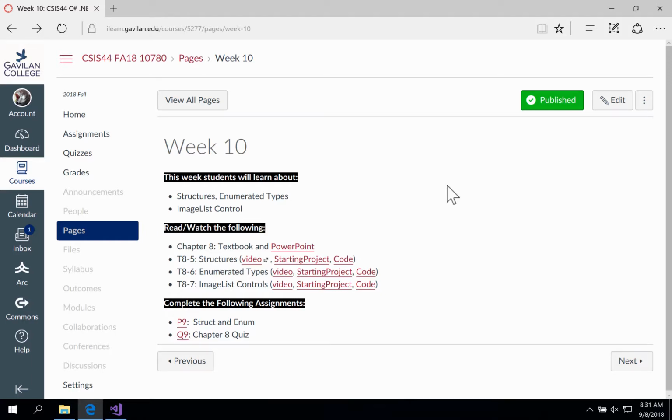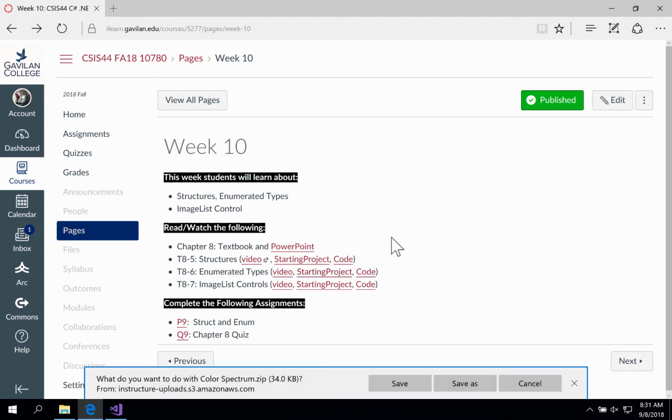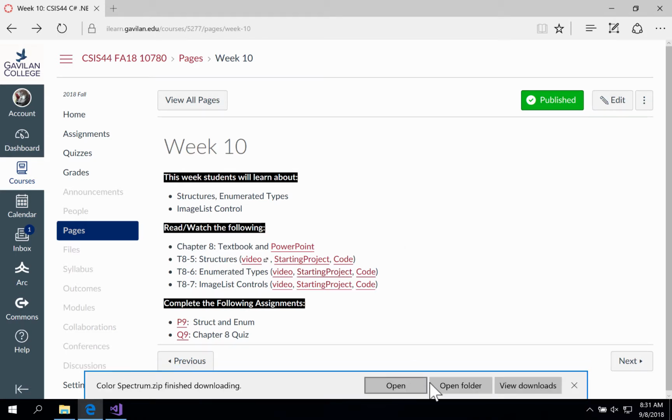This video will show you how to complete the tutorial 8.6, which deals with enumerated types. The enumerated data type is a programmer-defined data type, and it consists of predefined constants known as enumerators that represent integer values. You're going to click on the starting project to download the color spectrum zip file, save it, open